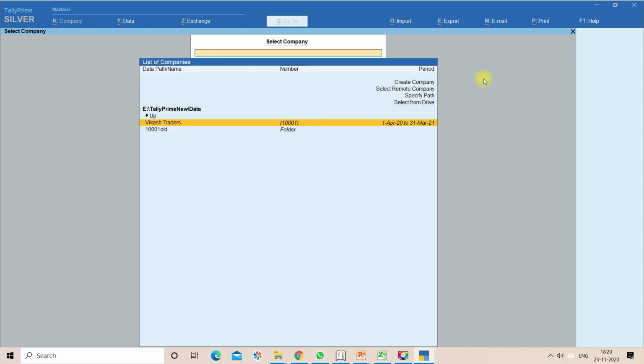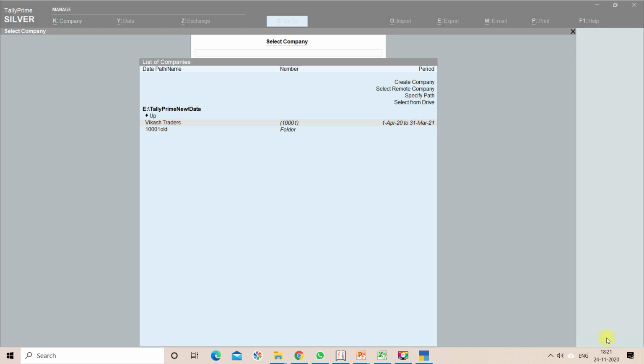Now you can see Vikas Traders 10001 is displaying, whereas the original data folder we renamed as 10001 old, in that particular line item, you can't see the company name. By renaming the company folder, you can hide the company name from the list of company screen.